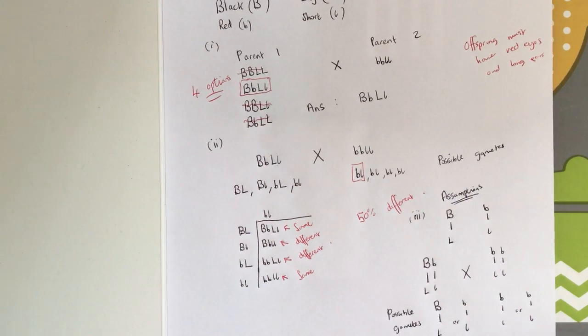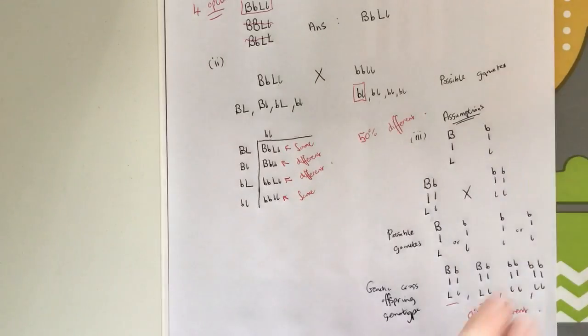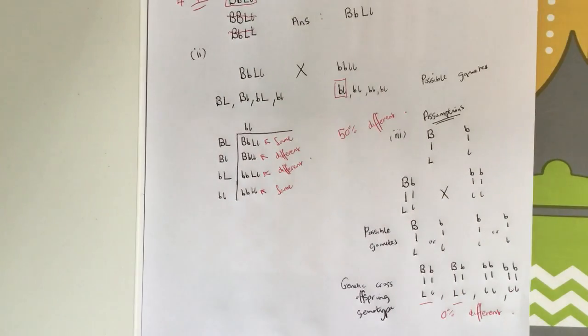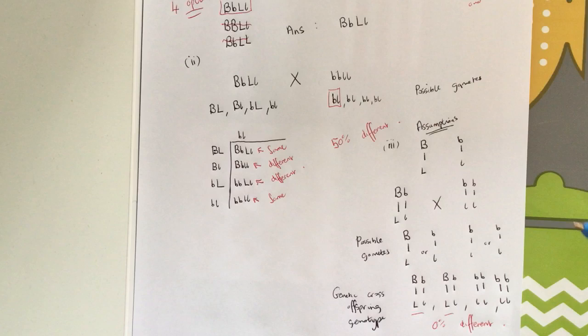Now the problem in terms of an assumption here is that, sorry guys, the camera's not great, when I look at this one here, the assumption we made is that big B was linked to the long hair, and small b, which is red, is linked to short hair. Okay, that's the assumption. But really, if you go back to this question and just read it again, do I need to do all of that Punnett square cross just to answer the question? It says, if the above genes were linked, explain how your percentage you've indicated in your answer would change.